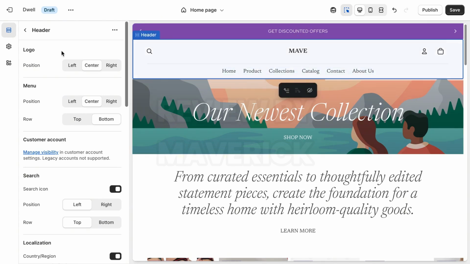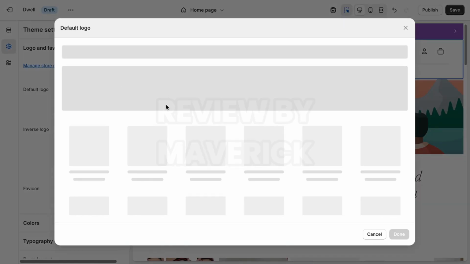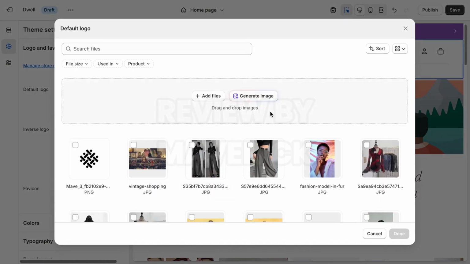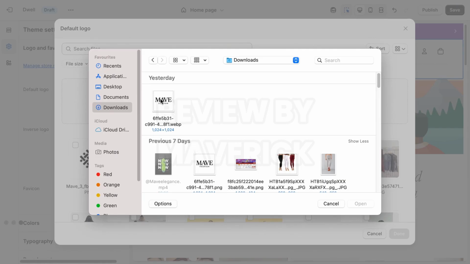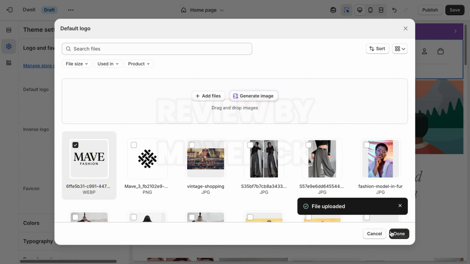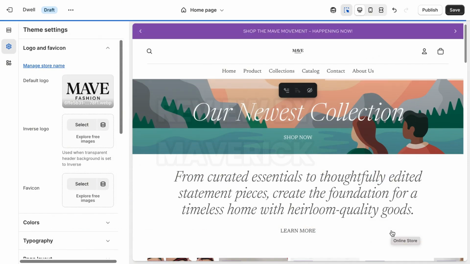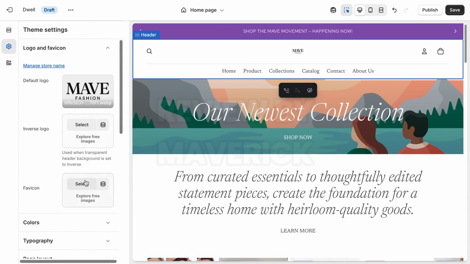And in case you want to add your logo here, just come here to this theme settings. Okay. Once you click that, click on logo and favicon, then go ahead and select, and it's gonna take you to your library, and you can click on add file. Okay, so this will take you to your file manager, and you can load your logo. Okay, the one you've already saved from Canva. Okay, and I'm just gonna use this logo right there. Okay, and your favicon also,